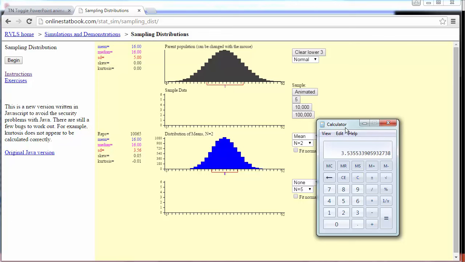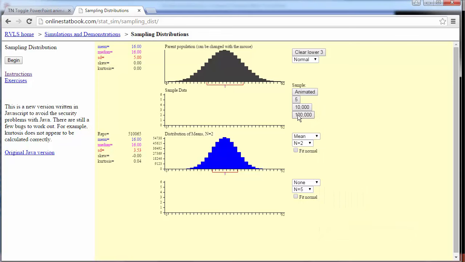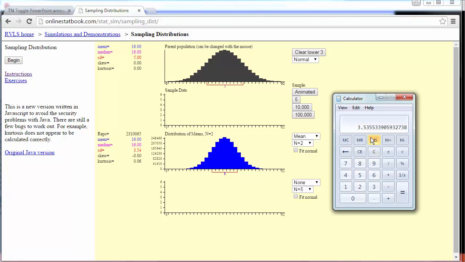3.5355. And I bet you 3.5355, watch this. As I do more and more observations down here, actually I think that's what it rounds to. Yeah, that rounds up to 3.54. This is a simulation that's not trying to make this number happen, but it will, because this is what happens when we do this. This is what the central limit theorem tells us. It's been proven, it's a theorem.